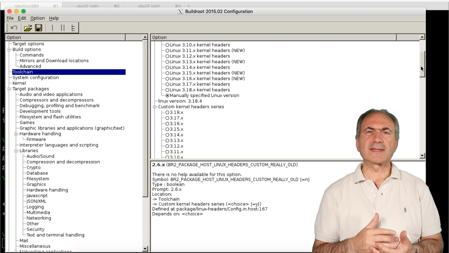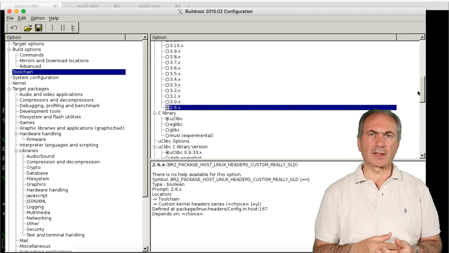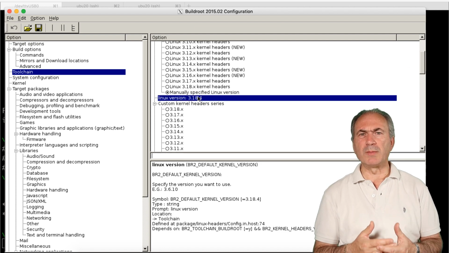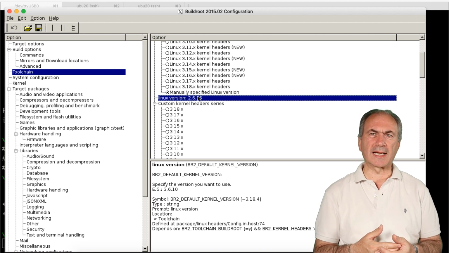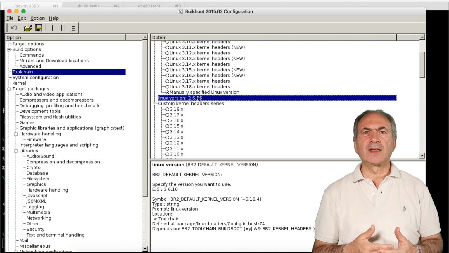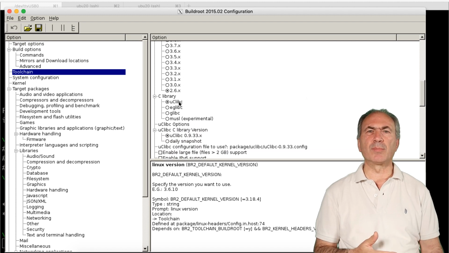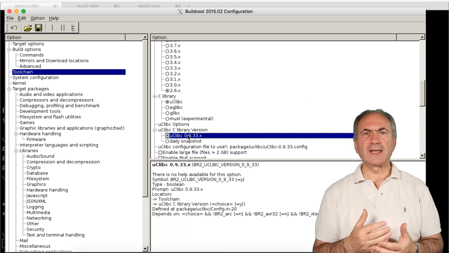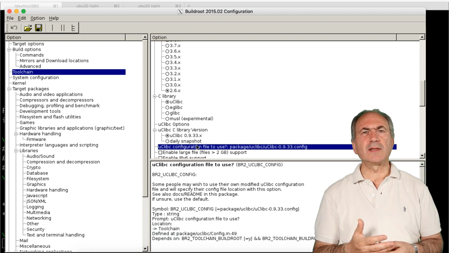Anyway, we will manually select the same kernel series that we have on our sample Gematec router. We enter as Linux version the version of the kernel we have to build. It is the same version as the kernel we have on our sample Gematec router. As C library, we use musl libc, which is the same C library used in our sample Gematec router. We select the same musl libc version needed in our sample router. For now, we leave the musl libc configuration file inside the Buildroot tree.